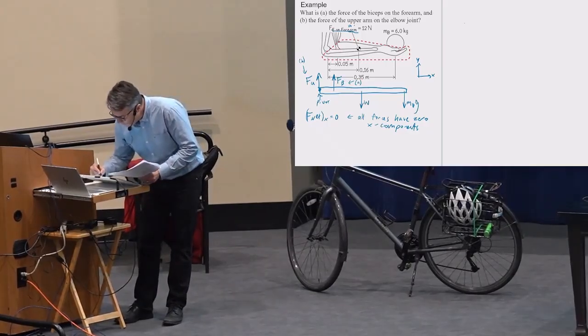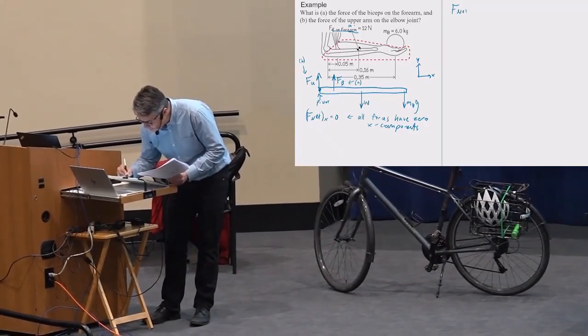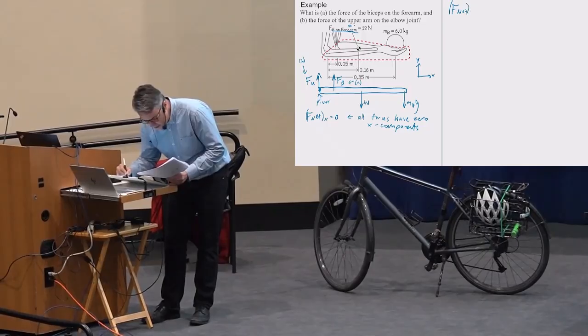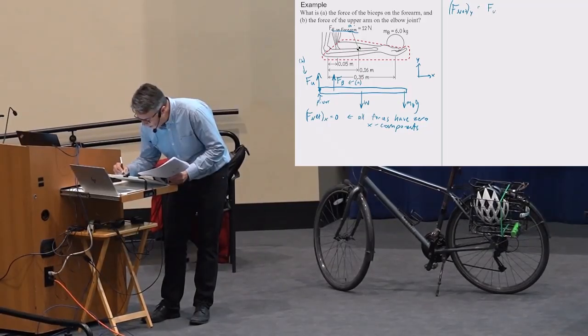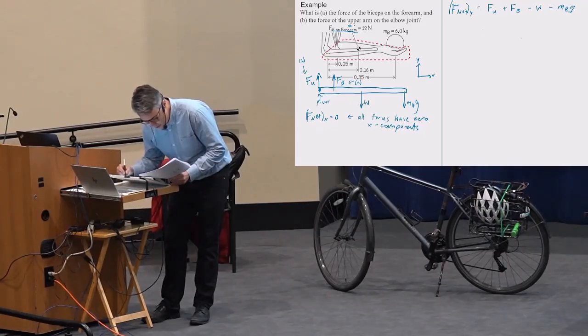So, F net, the easiest thing to start with, other than torques, I think, is to just do F net y. So it's going to be the force of the upper arm plus the force of the bicep minus the weight of the arm, and then minus the mass of the ball times G. So it's pretty simple. We'll just leave it like that. And this is equal to 0